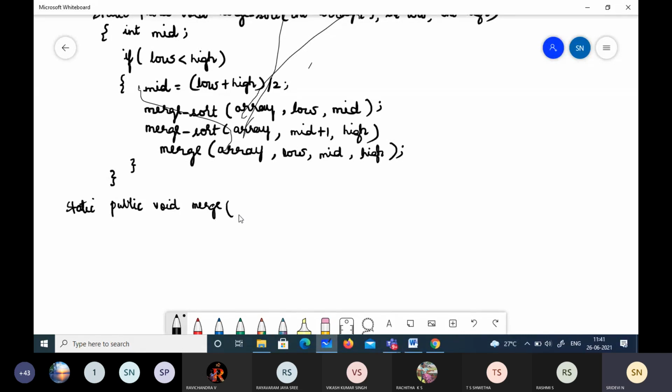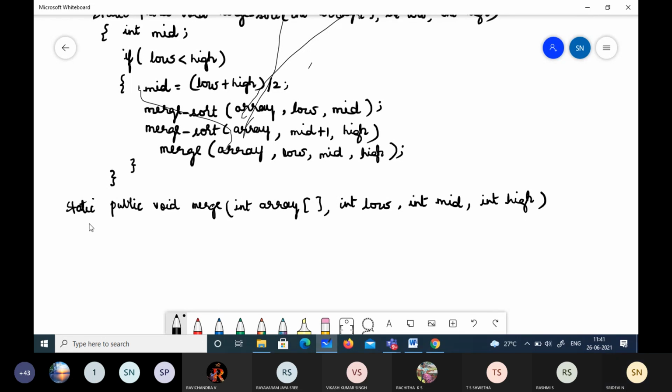Accordingly, I should have the matching parameters. So I will have one array, and I need low. The names can be the same, or you can use something else. Mid, and I need high also. Clear?